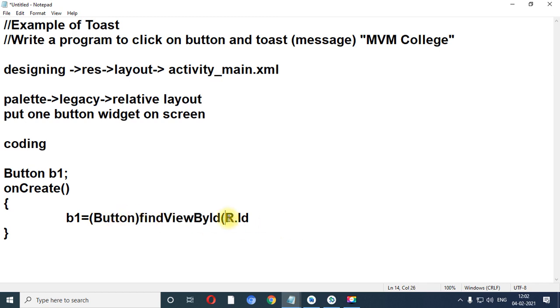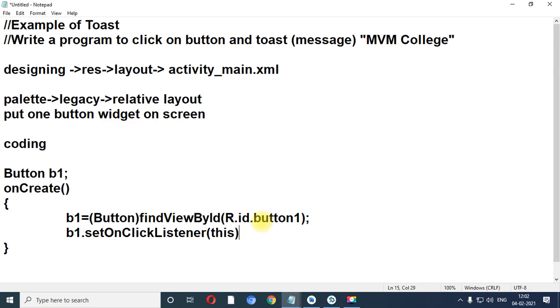Now over here R.id.button1. Now what will we do? b1.setOnClickListener. Don't worry, I will perform practicals based on this, but right now I am doing rough work.